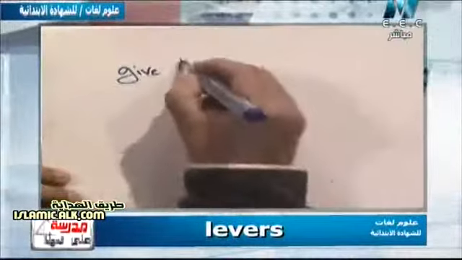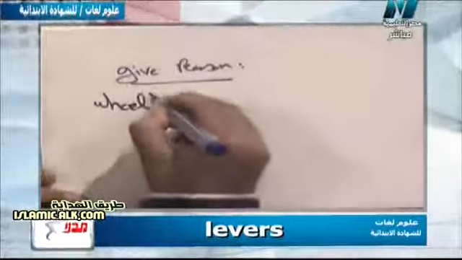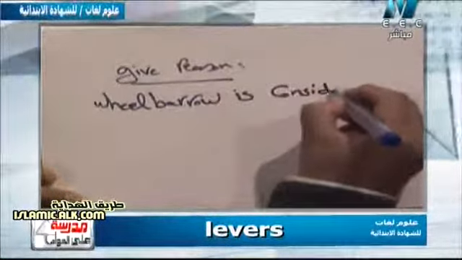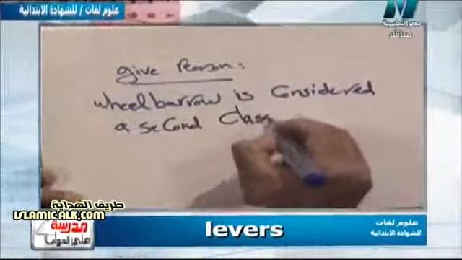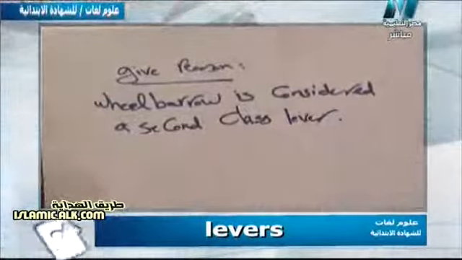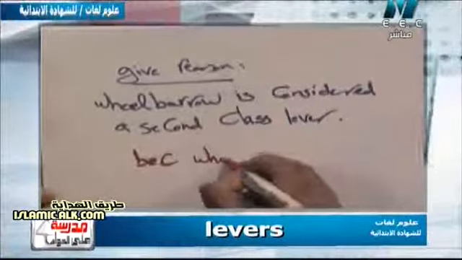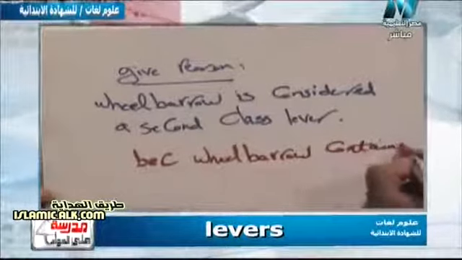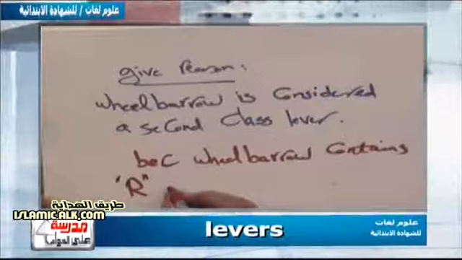Give reason: the wheelbarrow is considered a second class lever. Why do I consider the wheelbarrow a second class lever? I can say because the wheelbarrow contains R. It is possible to write just R in the exam, it is not necessary to write resistance, but let's write resistance in full: contains R or resistance